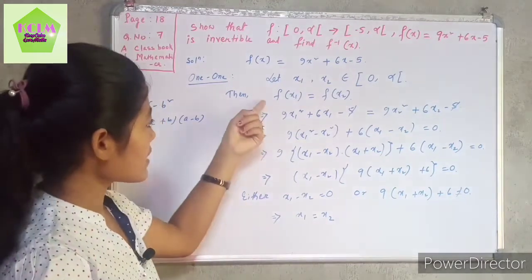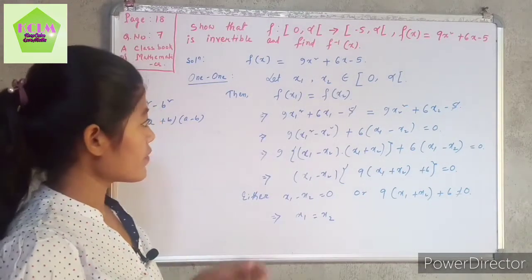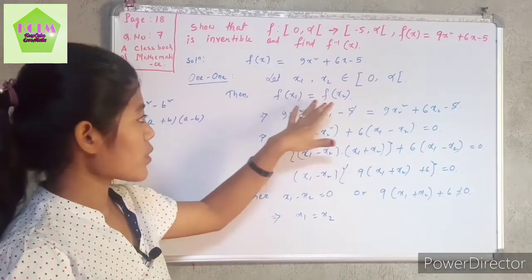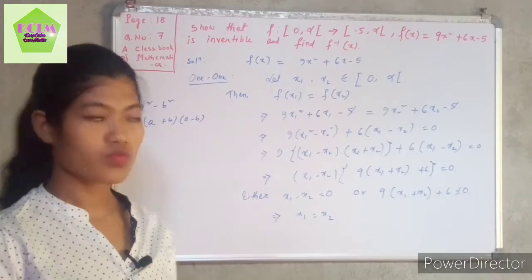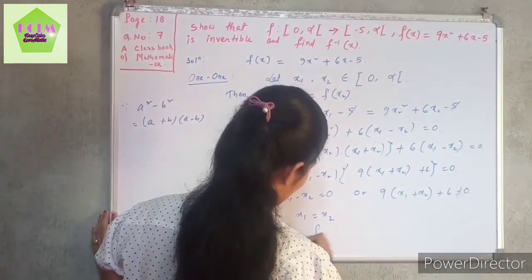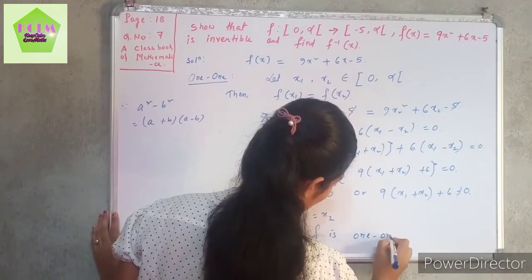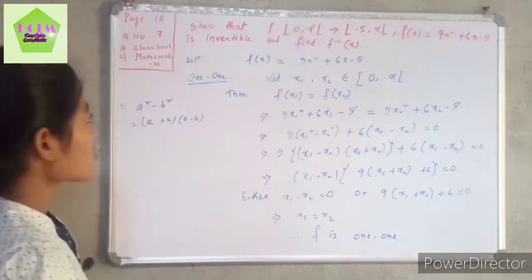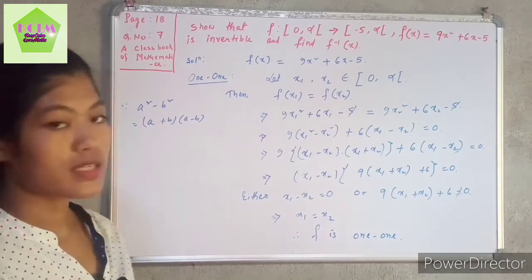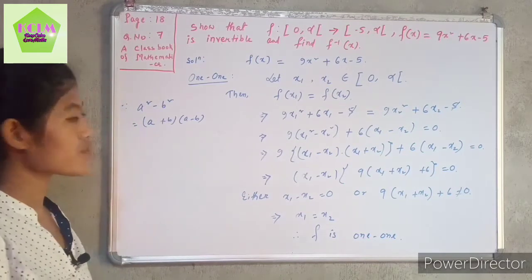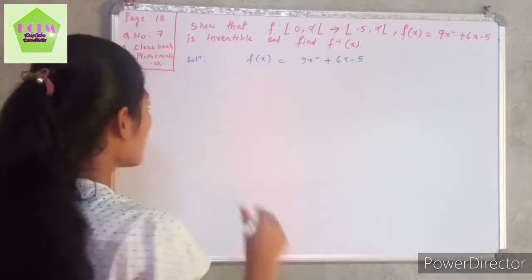We have taken x1 and x2 as two elements in the domain 0 to infinity, and we take f of x1 equal f of x2, then we get x1 equal x2. That means this function is one-one. So to show that this function is bijective, one thing is done. Next, we have to show that this function f is onto also. Now, to show that this function is onto,